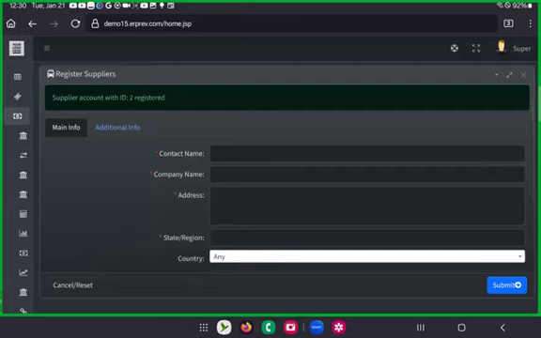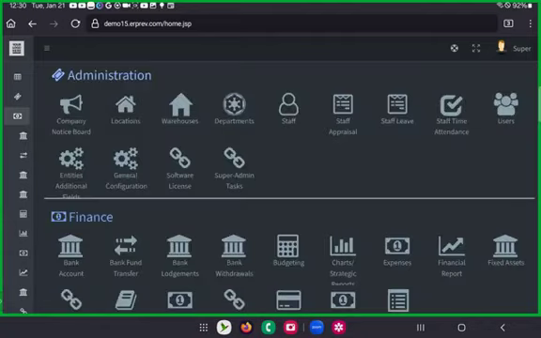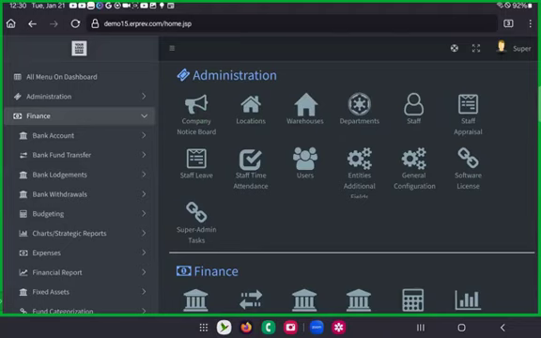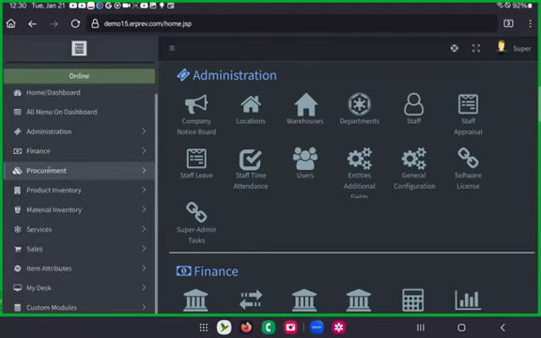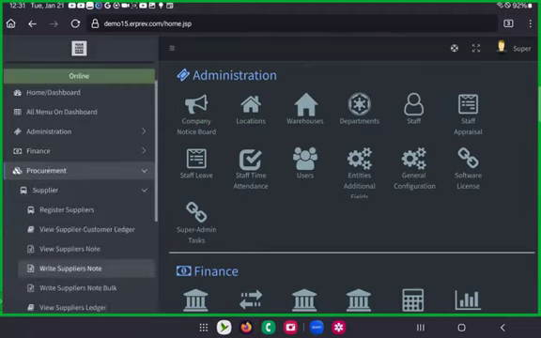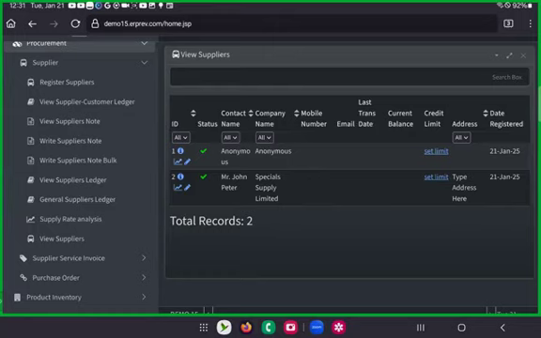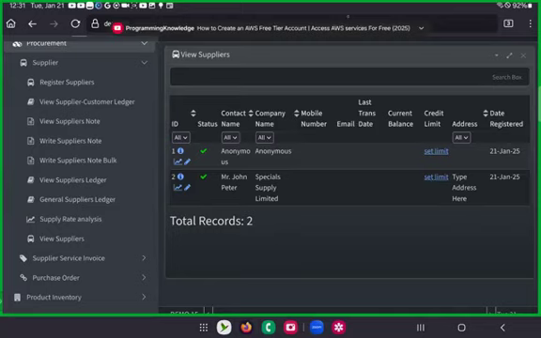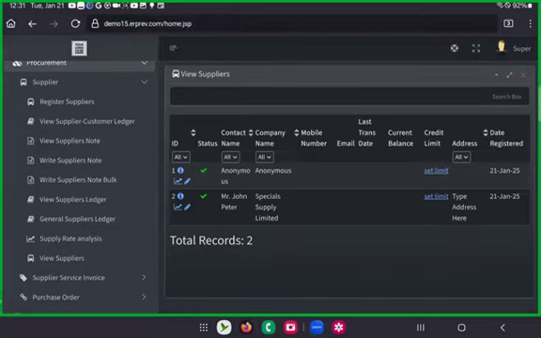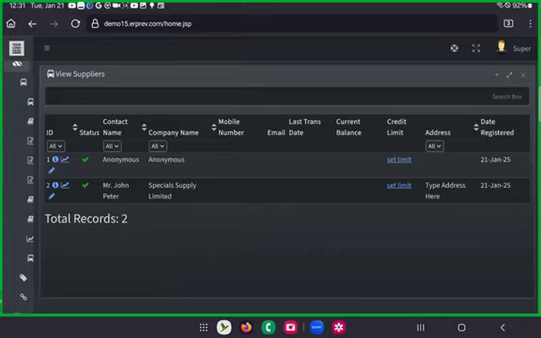You can register as many suppliers as you want, but by default, every new account comes with just one default registered supplier, and we call that, let me show you, anonymous. All right, you see the second supplier we just registered here now. Okay, so here, the next thing we need to do